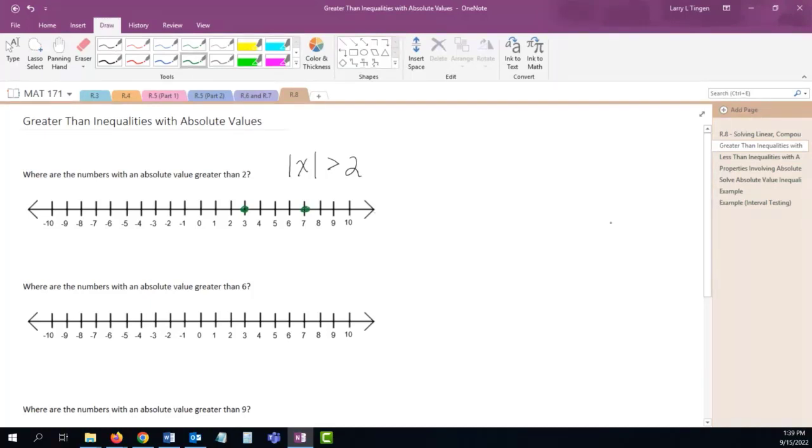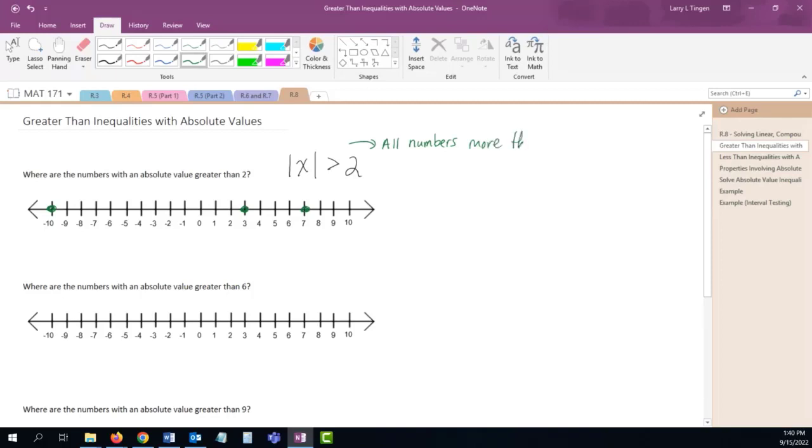Is everything between 3 and 7 in there too? Yep. Very good. Yes. All those are in there. -10, right? Because when I plug -10 in for x, I get the absolute value of -10, which is 10, and 10 is greater than 2. So this inequality really reads as all values, or all, let me be very specific there, all numbers 2 to infinity, -2 to -infinity. There you go. All numbers